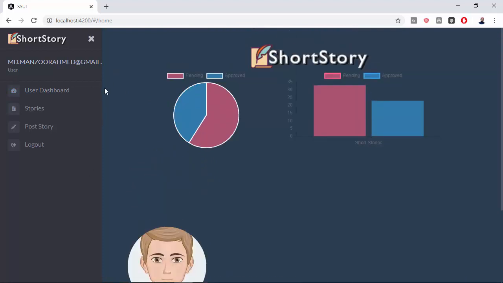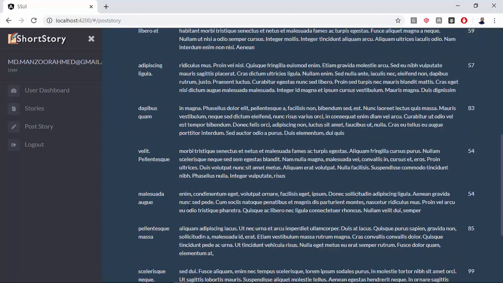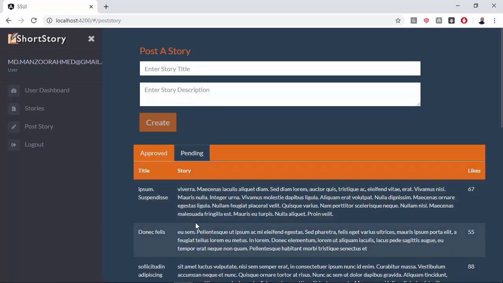Once a user logs in, the user has two rights. One, a user can post a story, and you can see these are the stories that the user has already posted, and these are approved stories, and these are pending stories for this particular user. Now the user can go and post a story.